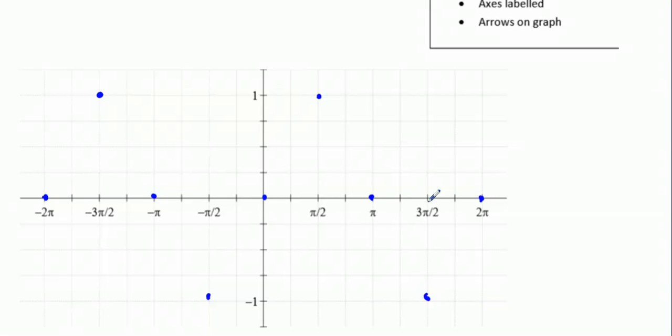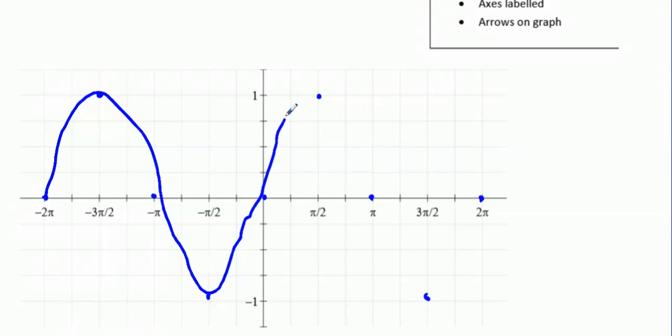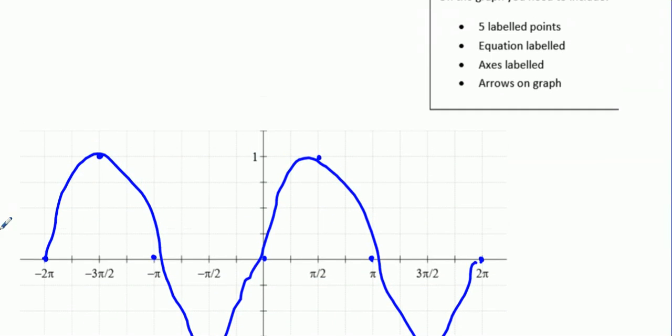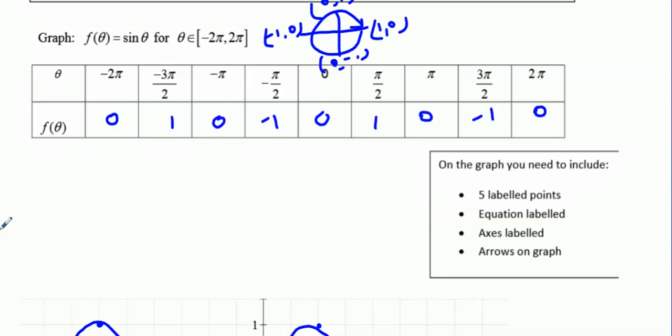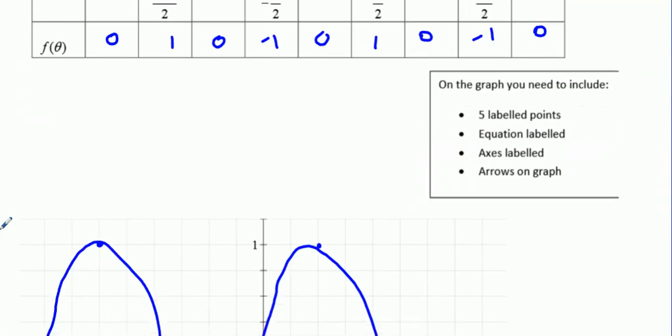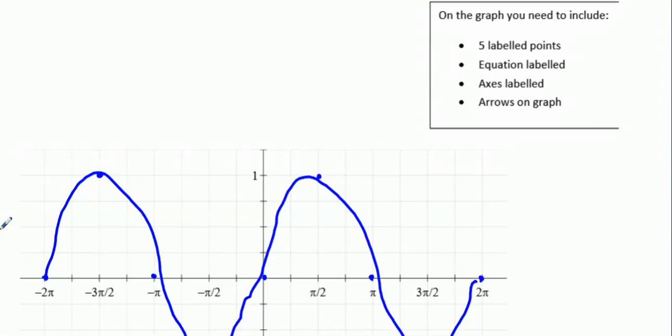Okay. And then I would draw as nice a curve as I can. No points. Smooth if you can, but this is going to be a bit of a disaster with this stylus thing. So I would expect that yours is going to be much nicer. Oh, see, that's way too pointy. Okay, if I were to ask you to just graph y equals sine theta, I would expect arrows on the end of the graph, but because it gave you the domain of negative 2 pi to 2 pi, we stop at those x values. So I do want you to label 5 points whenever you're graphing